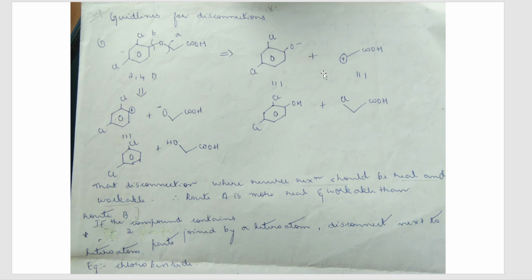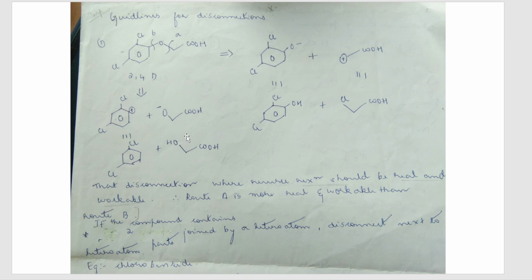What is one more possible way? Now you can see this molecule can have another possible route, that is here. Now forget about A, this is B. If I disconnect over here, I will get this part and this part. So this carbon will have a plus charge. Since oxygen is more electronegative, it will get the minus charge, correct. And then what are the possible synthetic equivalents? Here just add one hydrogen, here add OH.